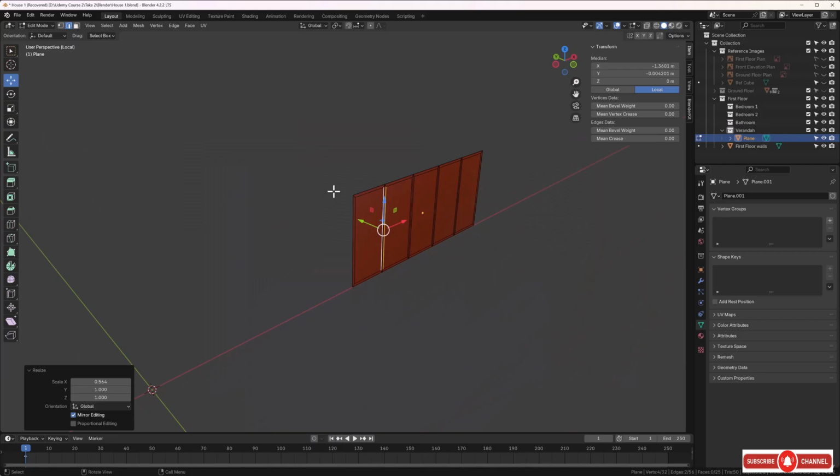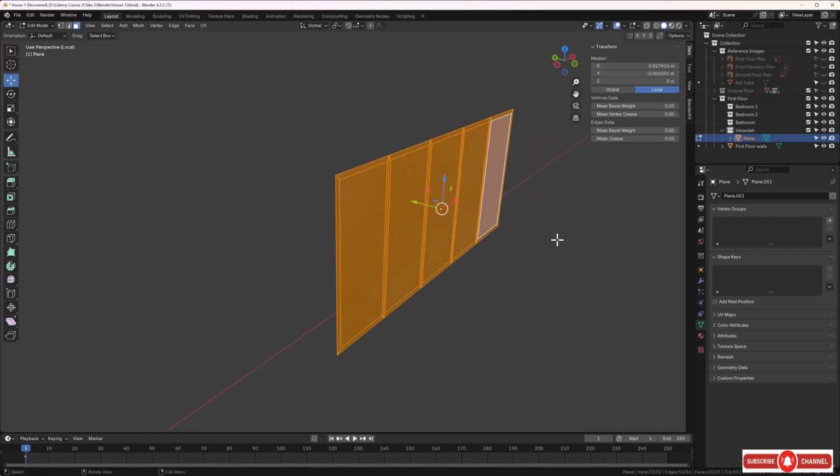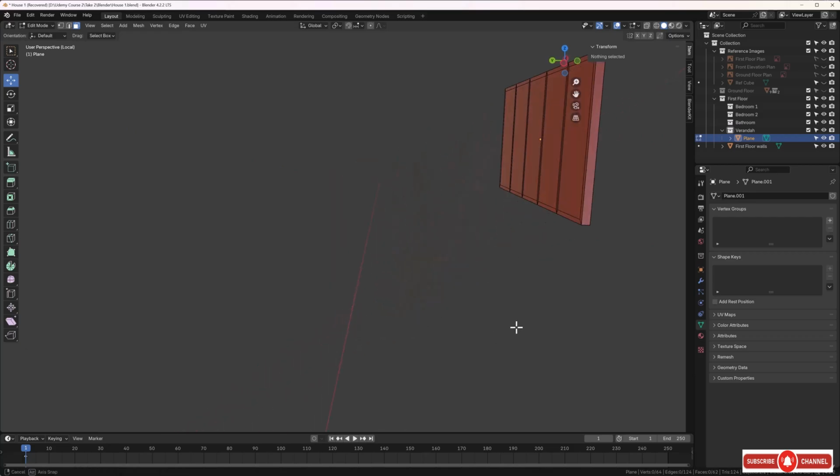Okay, so now let's press 3 so we can select faces. And let's press A for all. And now let's extrude that in the Y-axis. So I'll press E and Y and go ahead and take that back to get some thickness to this like